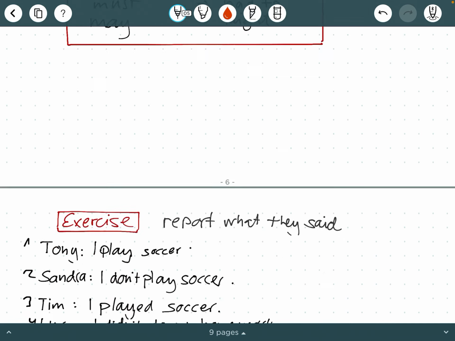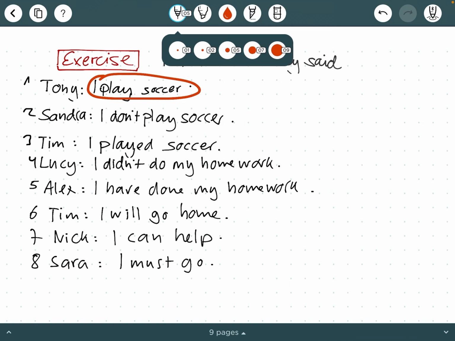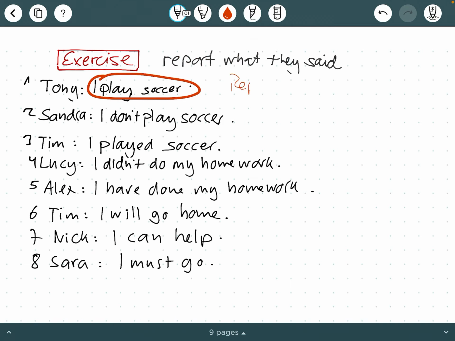Let's have some examples. Here is an exercise. Please go to the cloud, you find the presentation there, and then try to bring these statements into a reported clause. You just write "report", and then you write the first one.